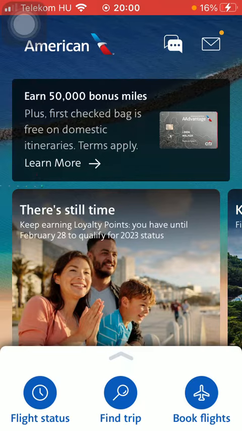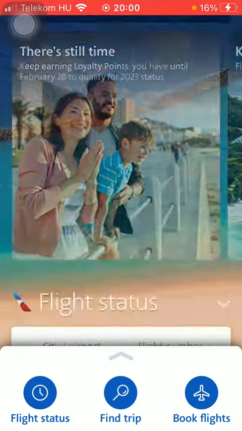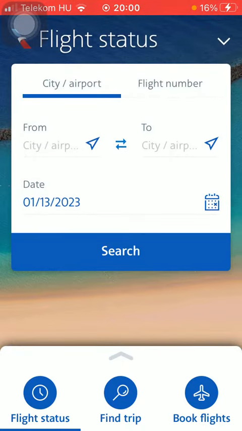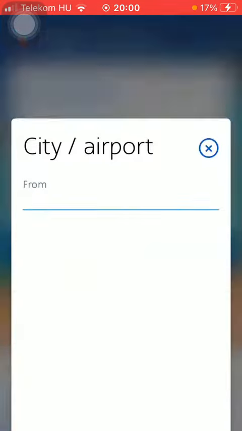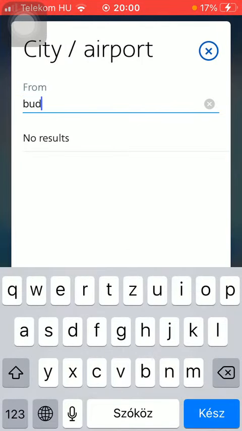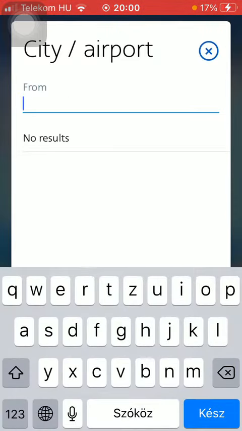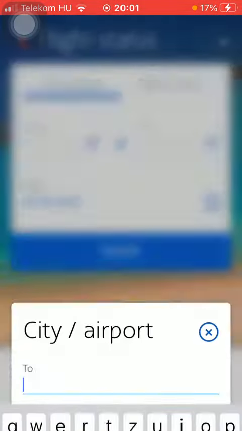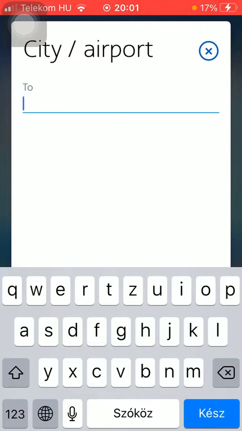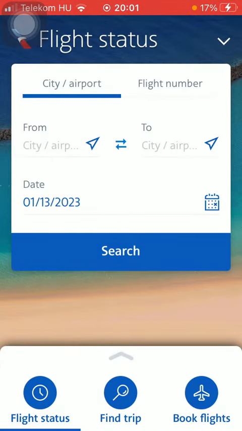Open the application on your phone, and after that you should tap on the flight status button down below. Then you can search by, so you can select from two options. So you can either search by the city or airport. So select your departure point, and after that you will be able to select the destination city and airport, and then you should select the date, and after that click on the search button and you will be able to check the status of that